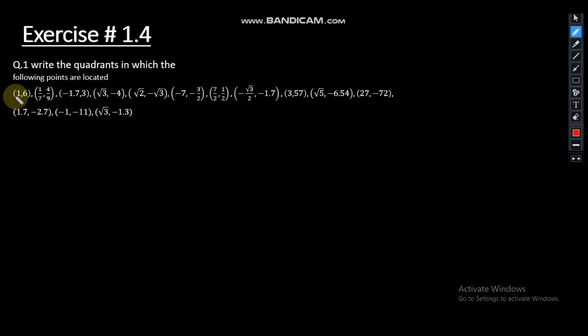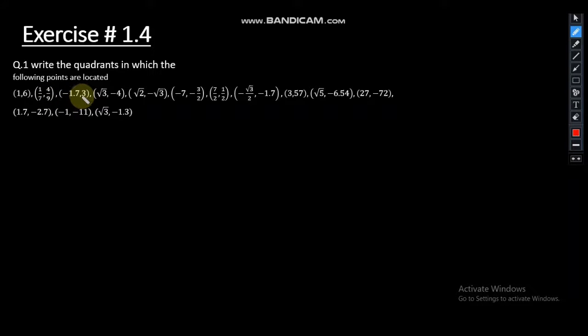The first means the x-axis direction and the next means the y direction. Here two dimensions. So the first term is the x-axis, and all the terms are -√3, √2, -7. These are our x-axis values. Now the second is represented on the y-axis: 6, 4/9,